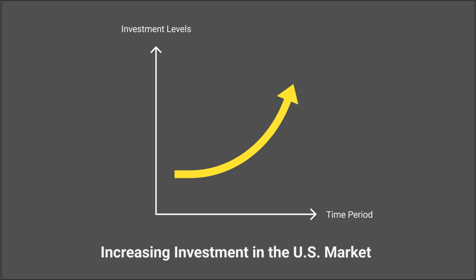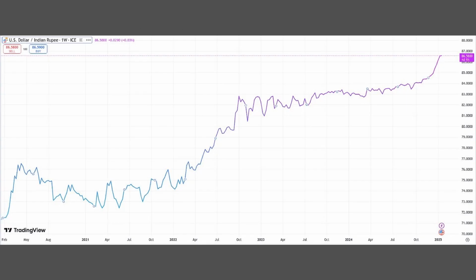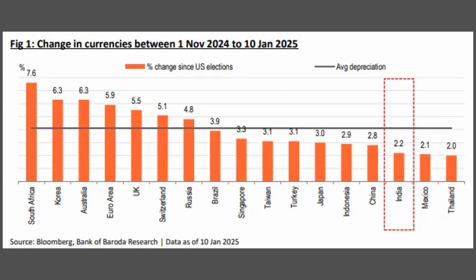You can see it with the rupee. Rupee fell against the dollar to its all-time low, which is 86.5 per dollar. But here is the thing. Compared to other countries, the rupee hasn't moved much. Most of the currencies fell harder against the dollar. But why? There is one reason for it, and it's RBI. RBI played a big role in guiding the rupee's price.